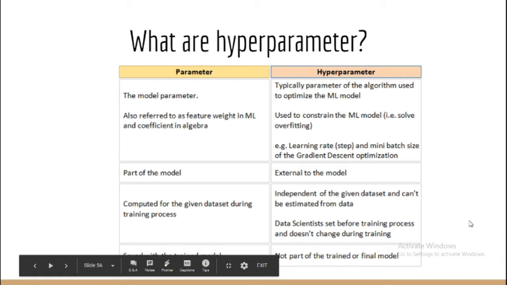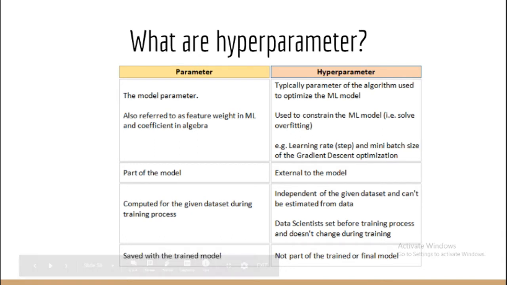Hello guys, let's understand what hyperparameters are and what hyperparameter tuning actually is. Hyperparameters and parameters are totally different things. Parameters are specific to the model and define its structure. They are also referred to as feature weights in ML and coefficients in algebra, whereas hyperparameters are the